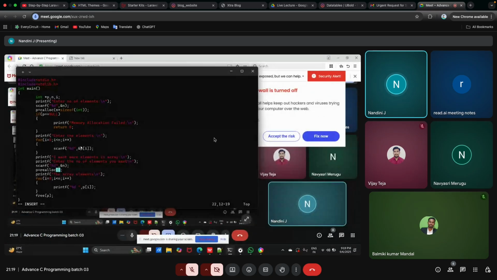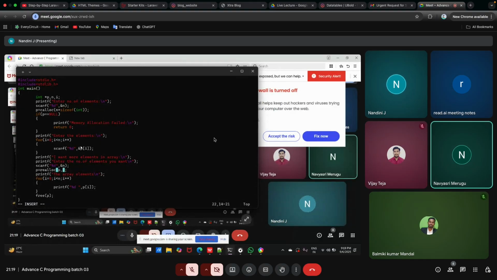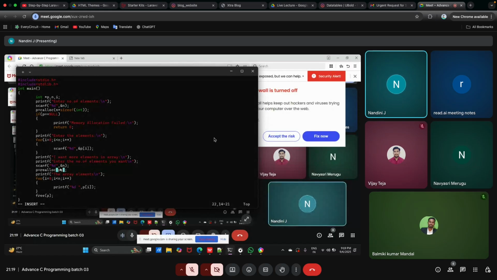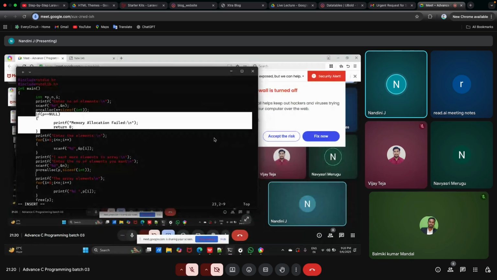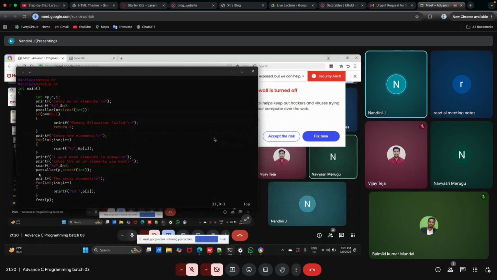What are the arguments for realloc? Pointer, array and number of size. Array means pointer here, and size. Here we have to check this condition. If memory allocation fails, it will